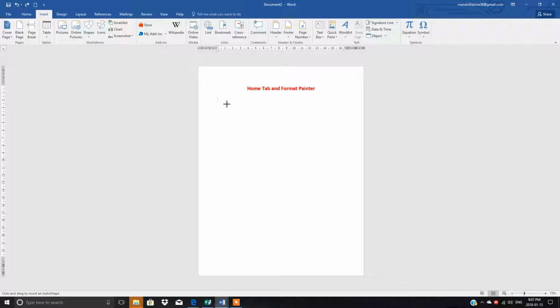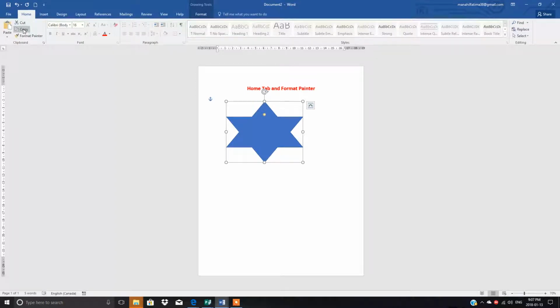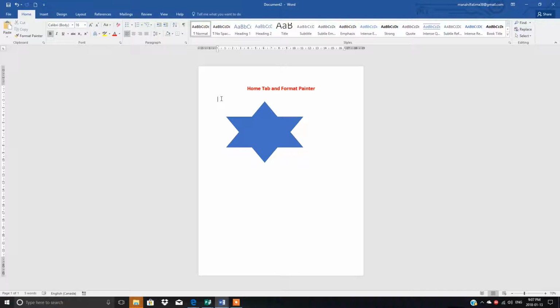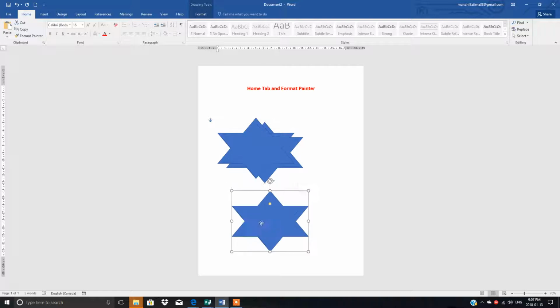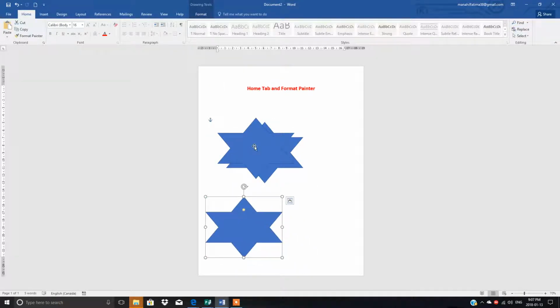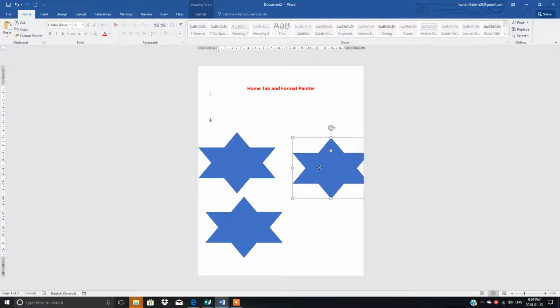So bring your insertion point here. Now it is converted into a plus sign. It means it is ready to make the shape. So press and hold your mouse and make this shape. Okay, now go to the Home tab. Suppose you want to make the same shape 3 times, so copy and then paste where you want. This is the paste, this is the paste. So there are 3 shapes. Now with the help of this four-headed arrow, we can separate these three.